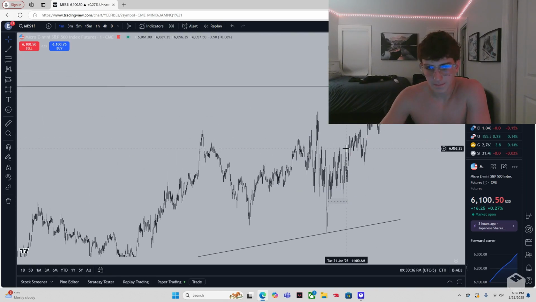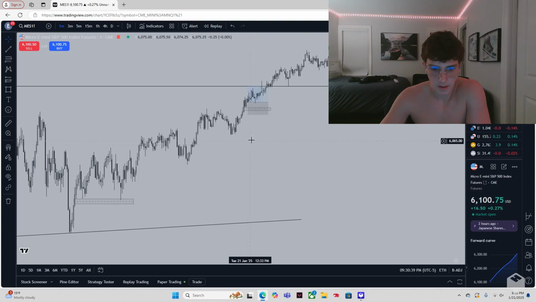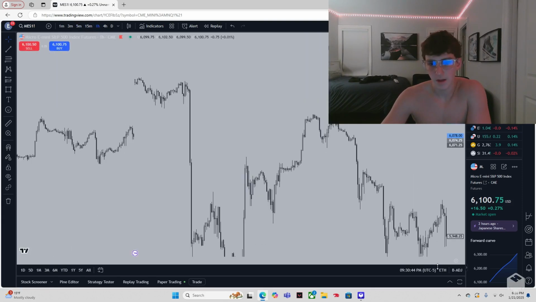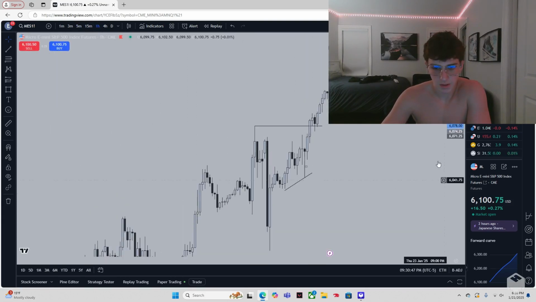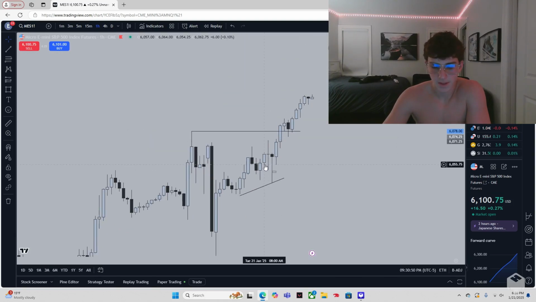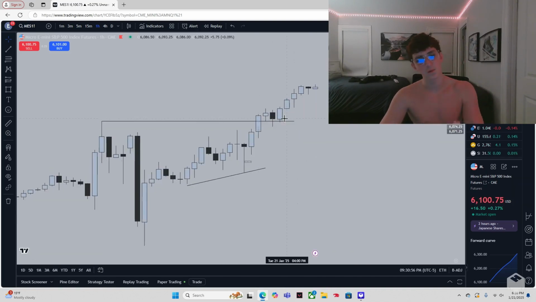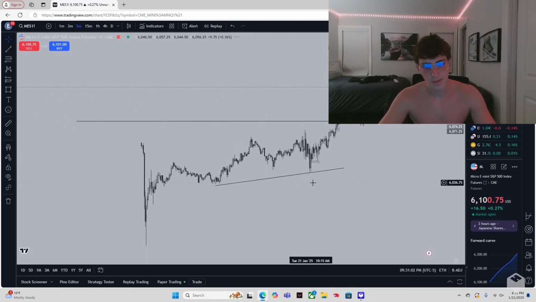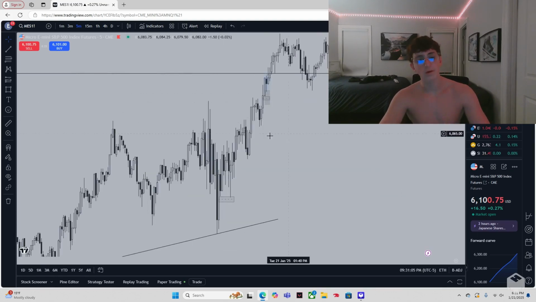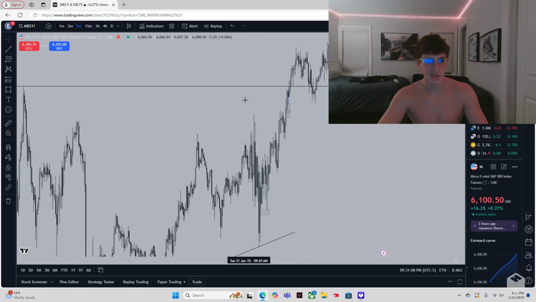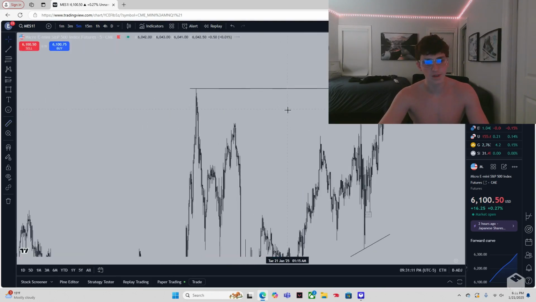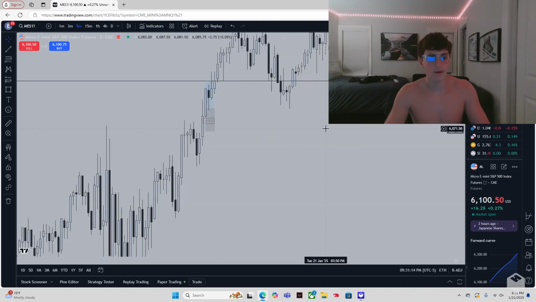I hopped back on the charts at around 12:30, and I saw that we were getting exactly what I backtested. I consider it a continuation model where price is getting extremely close to a significant drawn liquidity. So in this case, it was previous day highs. We were like here, and we were getting really close to it. When price gets really close to a drawn liquidity, especially previous session highs and lows, that drawn liquidity now becomes 10 times higher probability because order flow has been, in this case, very bullish just to get to the objective, which is to take out the previous highs. So I'm like, okay, I'm gonna catch the final move here to the objective, the continuation model.